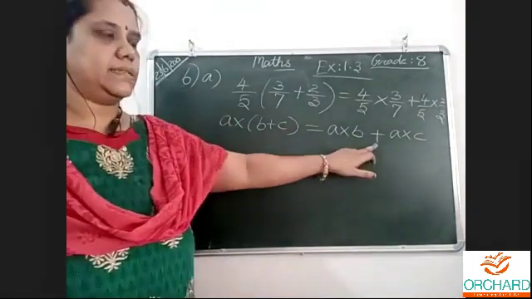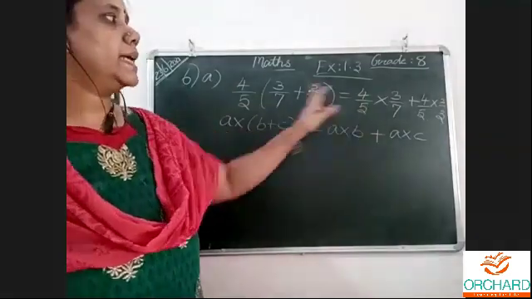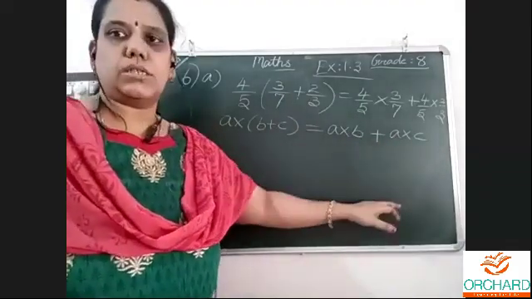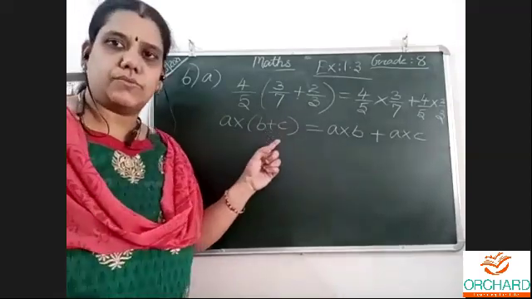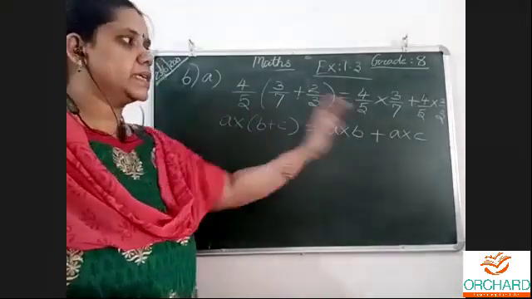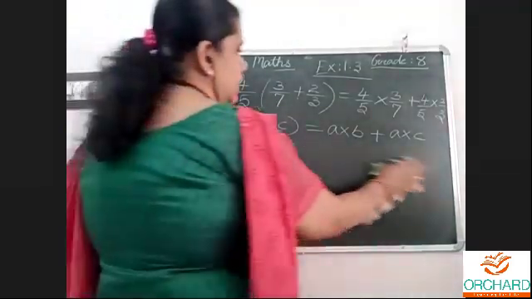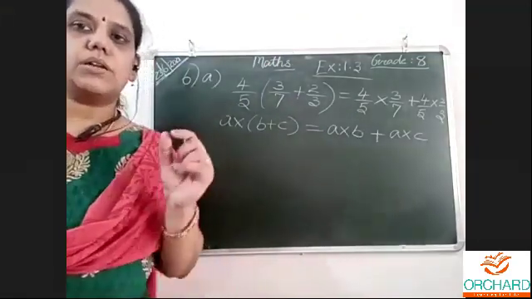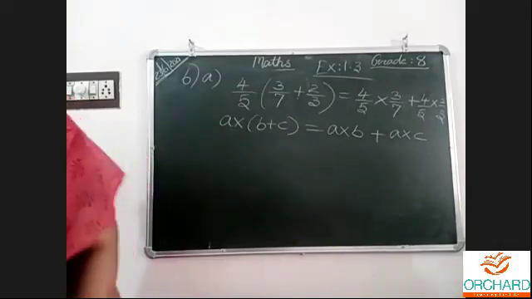Same thing, but the homework problem will have minus here. So A into B minus A into C. Distributive law of multiplication over subtraction is homework. Distributive law of multiplication over addition is what I'm doing. The process is the same, only the plus and minus change. While taking the LCM, take care of the small sign change, plus and minus.